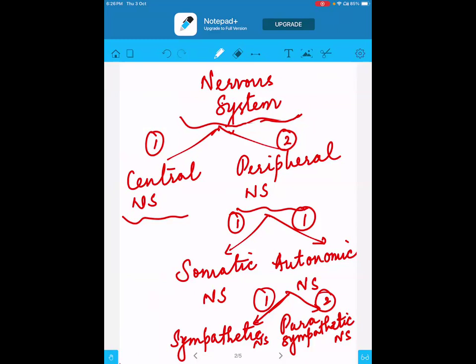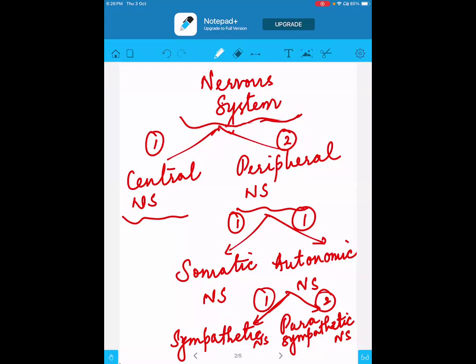So basically, in the case of the somatic, what happens? They control the voluntary actions. Like if I am writing, that is controlled by the somatic. Whereas in the case of the autonomic, as the name itself says, auto, right? Involuntary actions are done by them. Clear? Yes, ma'am. Like pumping of the heart, which is involuntary. Then the glands, the formation of hormones in our body. So those will be autonomic.